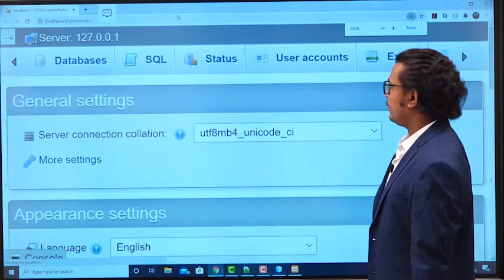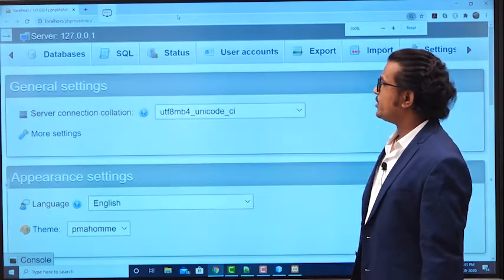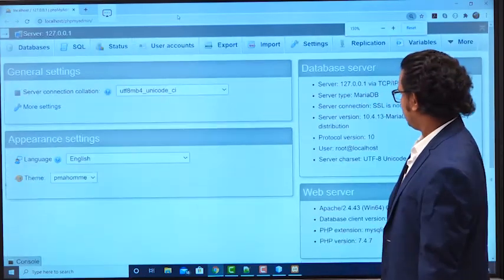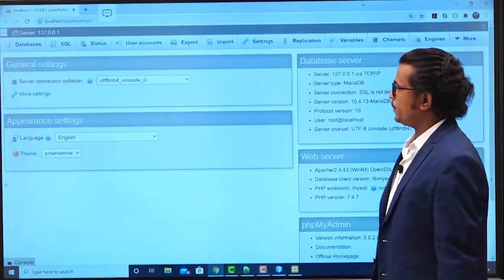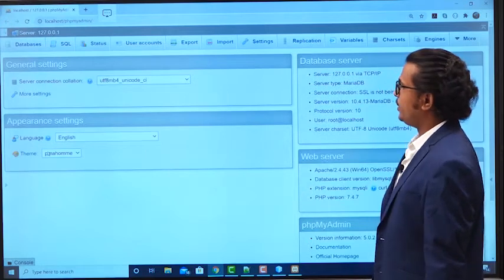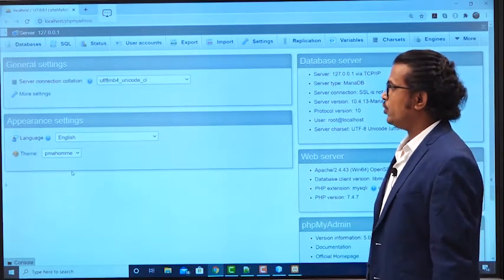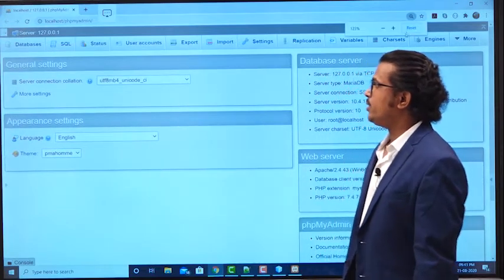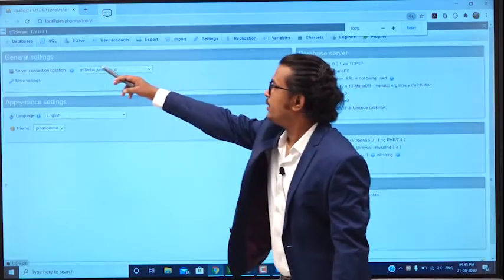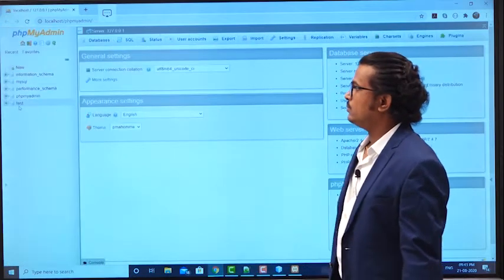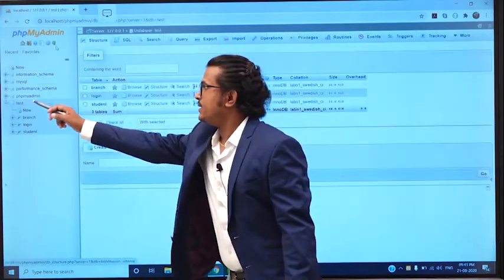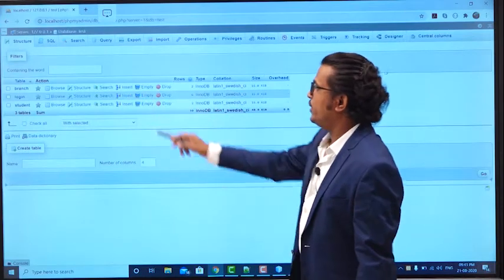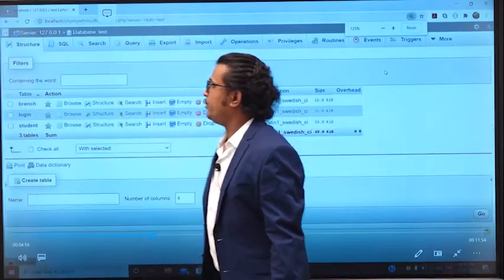Here the employee table is not created. If you want to see any tables in your database, go and click on databases. My database name is test. You click on the database, and this employee table is not available.